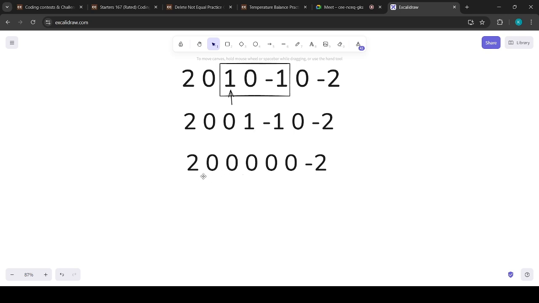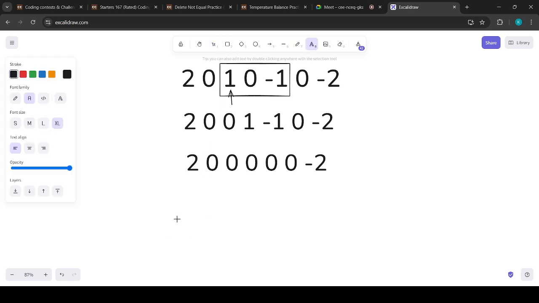So if we want to balance this 2 and this -2, we have to shift that 2 to this -2. So we will neutralize it. If we can shift only 1 degree Celsius in 1 second,